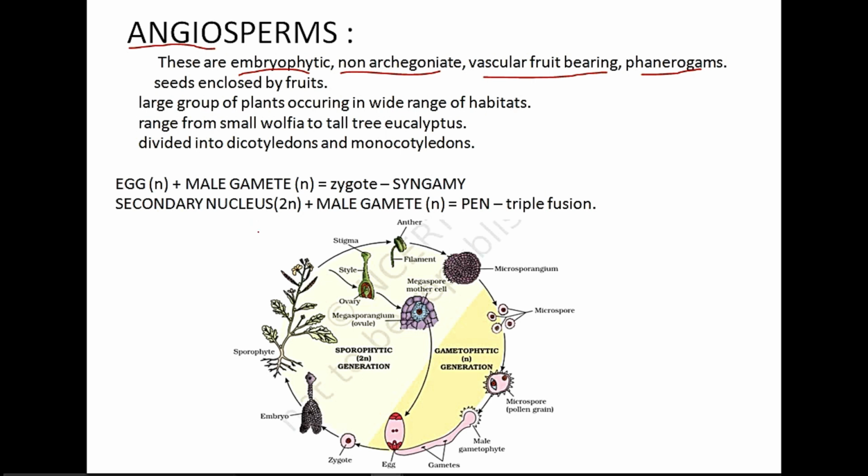In our day-to-day life, we will see at least one angiosperm every day, that might be a fruit or a flower. They range in size from the almost microscopic Wolffia. Wolffia, you know, right? The green one you see when there is stagnant water. It spreads so fast, and it is a very, very small structure. They range from the microscopic Wolffia to tall trees like Eucalyptus. Eucalyptus is a big tall tree.